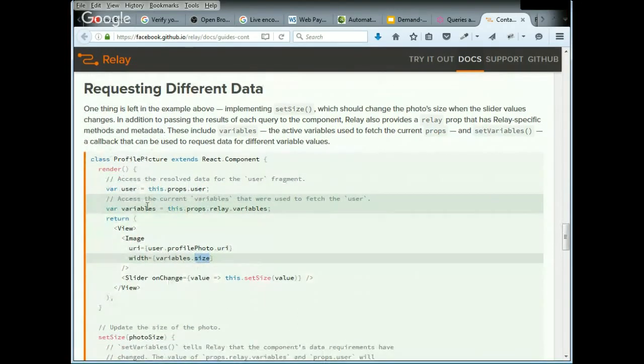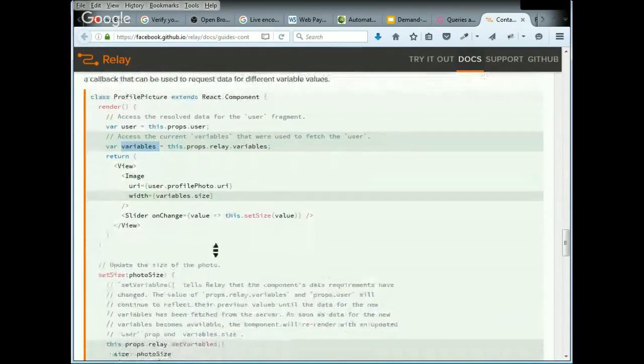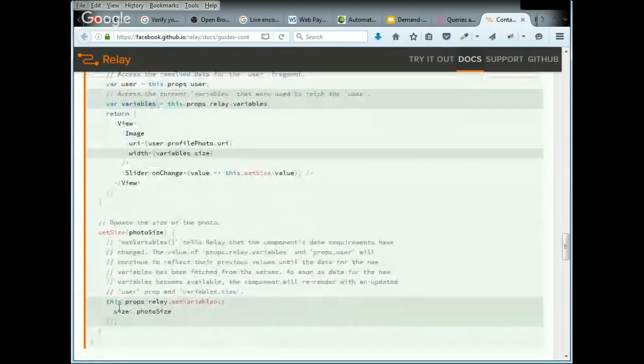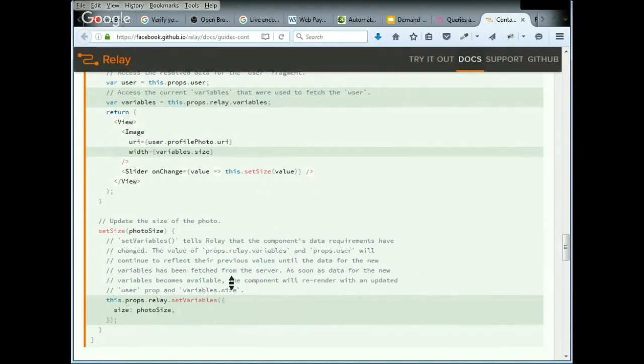They just specify that they want variable size, and that's how they change it. So whenever size is changed in this function, Relay makes a request to the service to get a new picture URI for this particular size. And only when this request comes back and we get some results, only then will this component be rendered with the new size applied, with a new URI